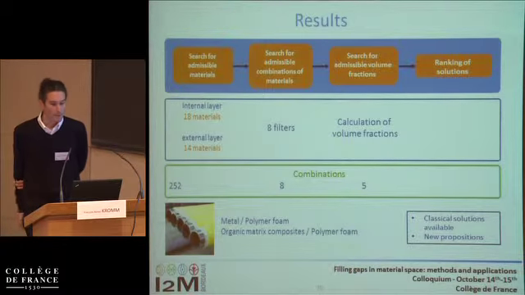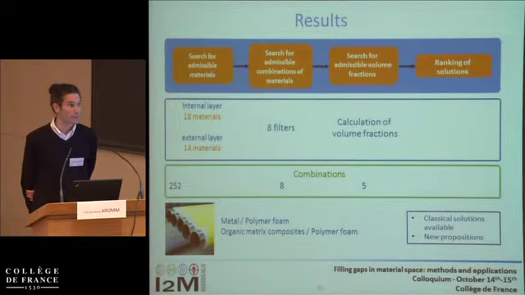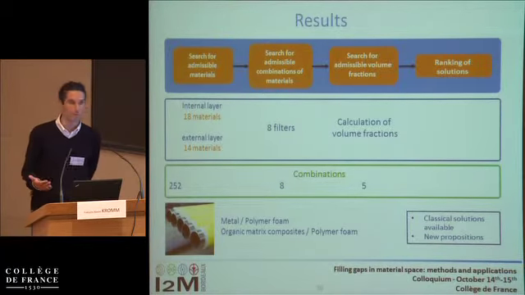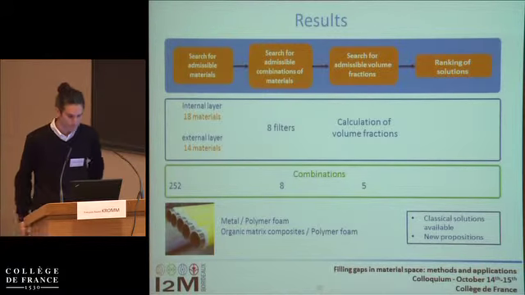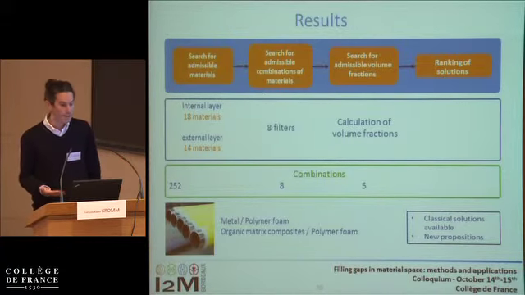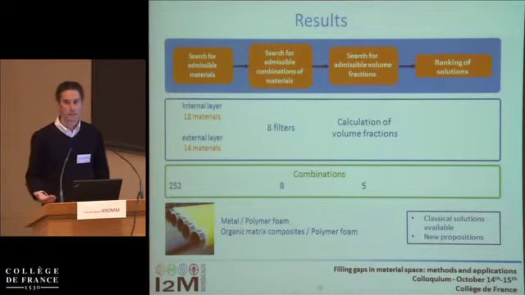Then, applying the filter as we described them in order to search for possible combinations of materials, we only had 8 combinations remaining, and then for each one, calculating the possible volume fraction to fulfill the requirements, we only have 5 combinations. So, in this case, with simple calculations, only by filtering the database, we reduced the number of possible combinations from more than 3,000 to only 8, which is interesting in order to